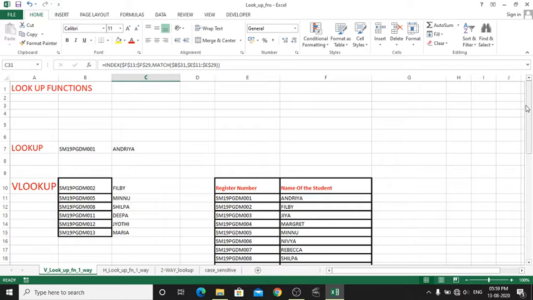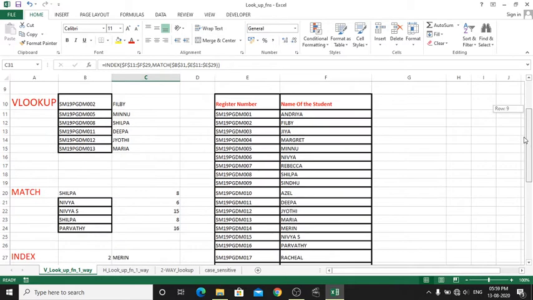According to the lookup function, it has two types of functions, VLOOKUP and HLOOKUP. VLOOKUP is vertical lookup and HLOOKUP is horizontal lookup. In Excel, we might get the tables in a vertical manner or a horizontal manner.